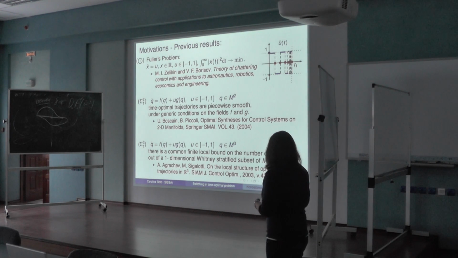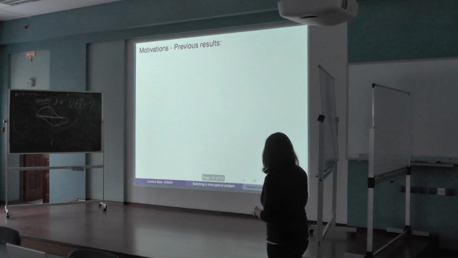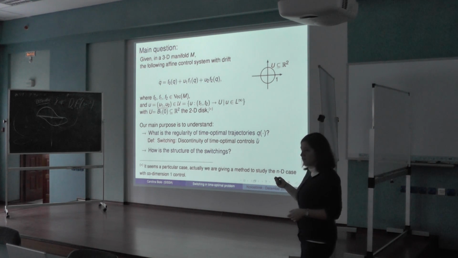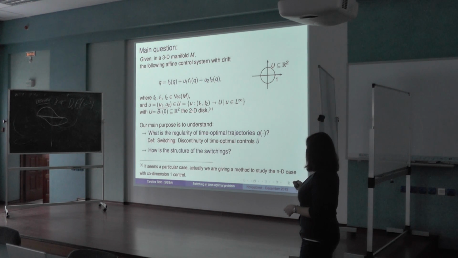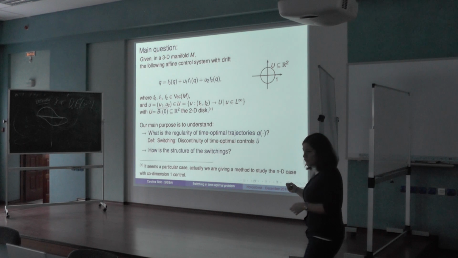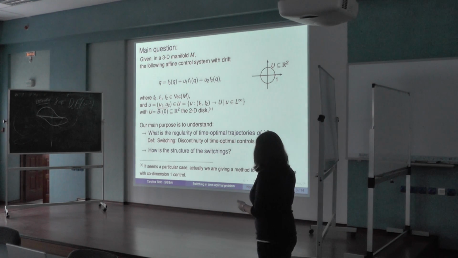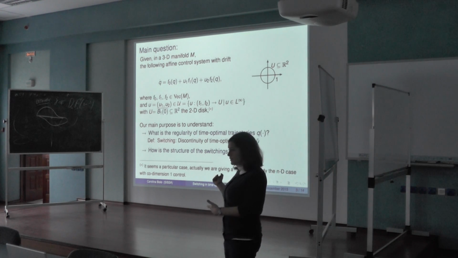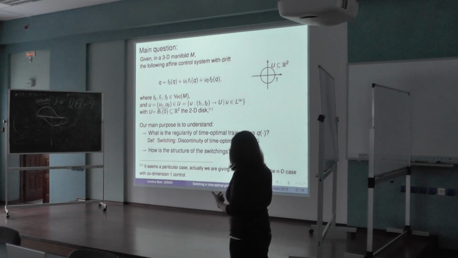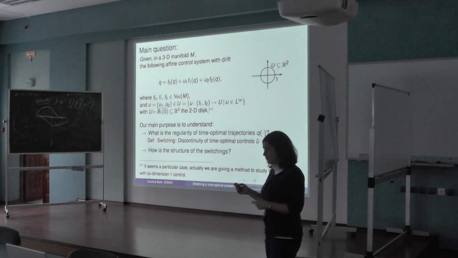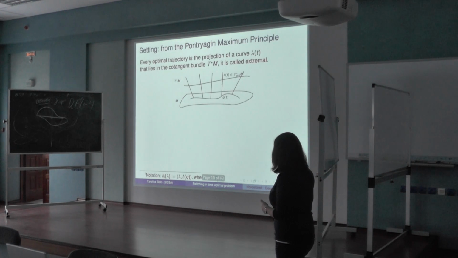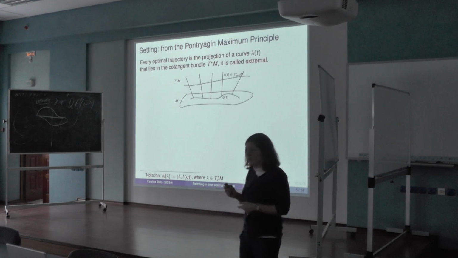Okay. So that's why it's clearer how we study this problem, that is still in a two-dimensional manifold, but with two-dimensional control. And we wanted to find a generic condition such that also in this case our switchings are isolated. Okay. So good. Let me go deeper into how we study this problem.